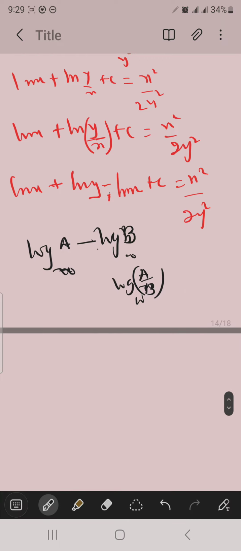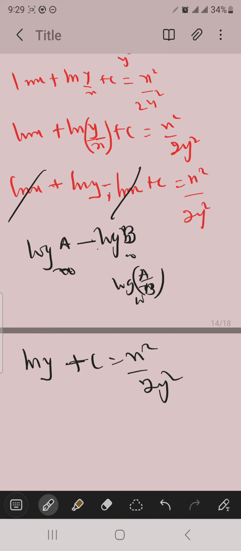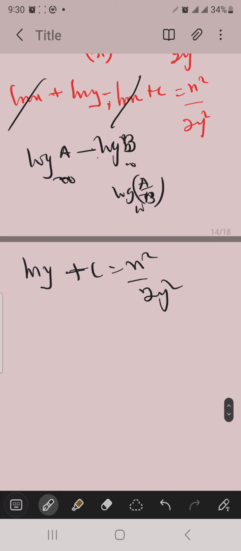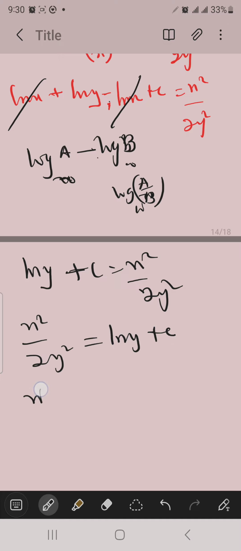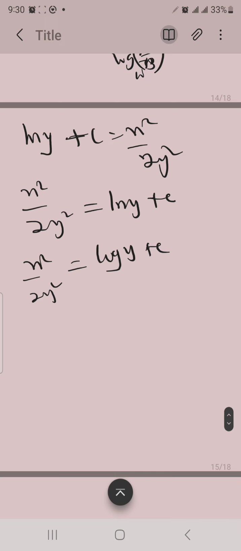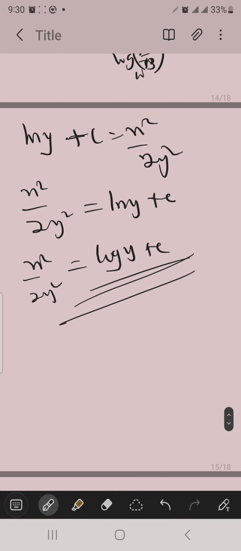So now we cancel ln x. We now have ln y plus c equal to x squared over 2y squared. ln y can be log y, it can be anything. So it means that x squared over 2y squared equals ln y plus c. Or you write that x squared over 2y squared equals log y plus c. And this is going to be your answer. I wish you